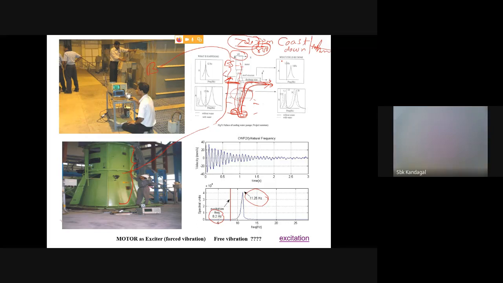So this is how the electrodynamic shaker principle works. Okay, so this is one part of it. The second part is, one can use the existing hooks and the crane girders to assemble these things, which you can use as a pendulum to hit the structure and find out the response, to find out the natural frequency of the system.